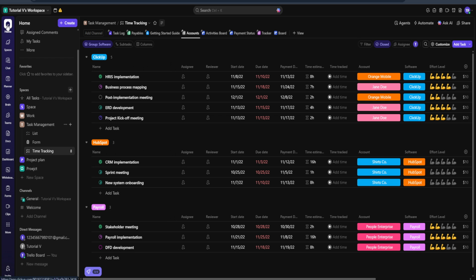Begin by navigating to ClickUp. If you don't already have the ClickUp app open, go ahead and open it now. If you're new to ClickUp, you can easily access it through your preferred web browser by typing in the ClickUp website's URL or opening the ClickUp desktop application. Once you're logged in, you'll find yourself on the ClickUp dashboard, which is the central hub for all your tasks